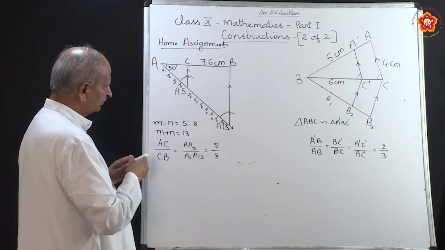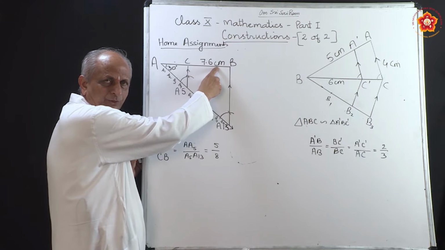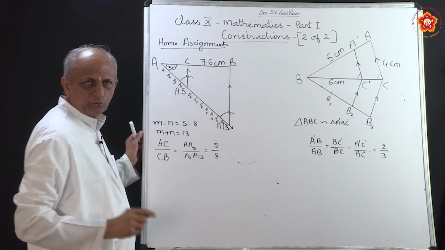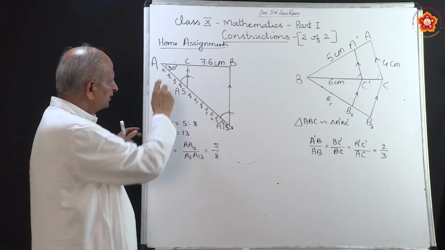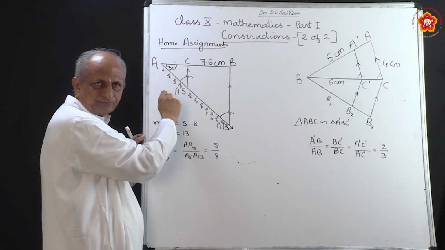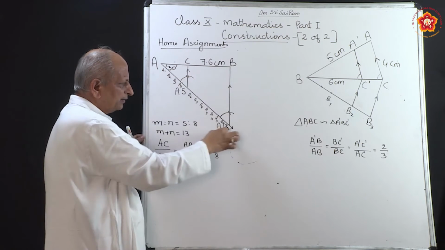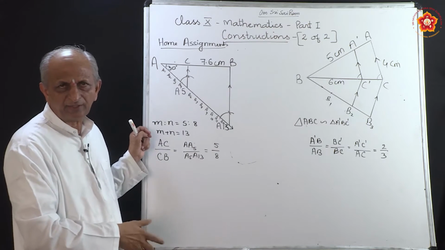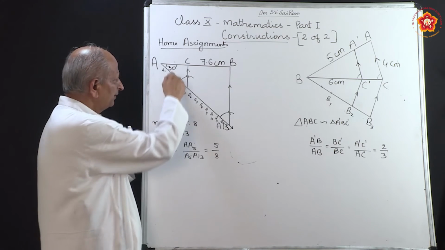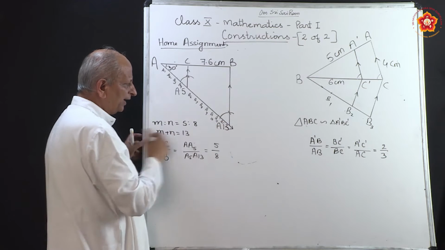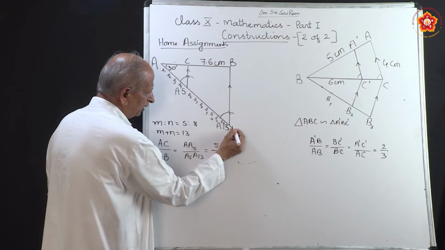So, what you have to do is first draw a line of 7.6 centimeters using pencil and scale. Use a sharp pencil because there should not be any double lines. Then take point A. At point A, keep the protractor and make an acute angle, say 30 degrees or 40, whatever it is, from 0 to 90, any angle you can take. Make an angle of 30 degrees and draw a ray called AX,